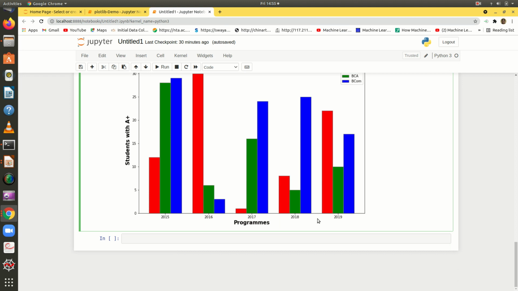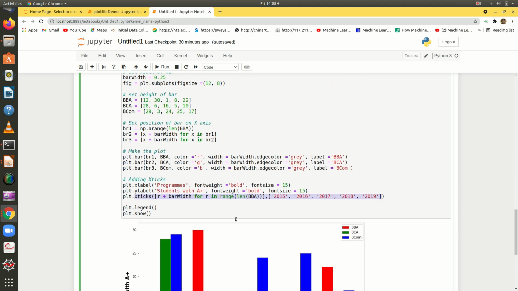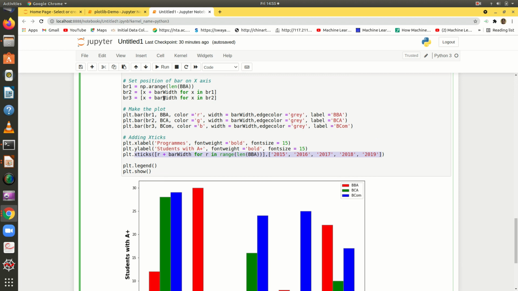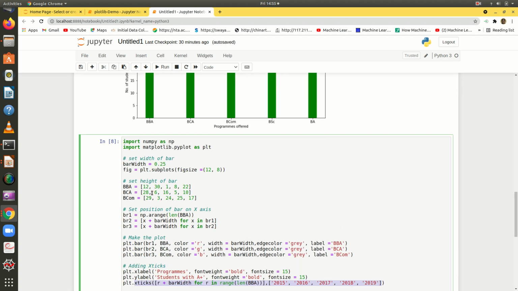In the X ticks you want to have 2015, 16, 17, 18 and 19, and the bar width is only 2.5, so that is why you get this size of the bar, and the values depend on the list. So in the first case, in 2015, we have 12, 28, 29.